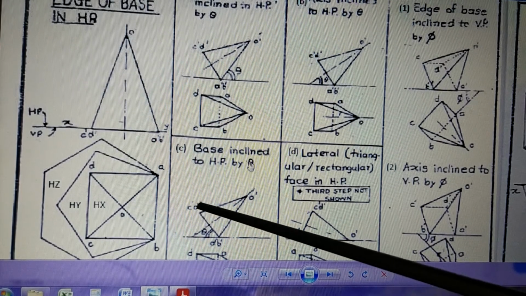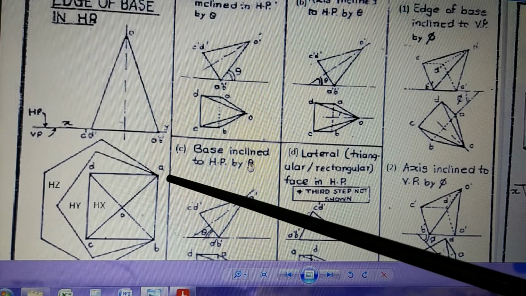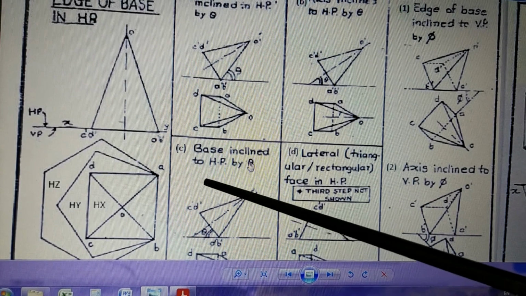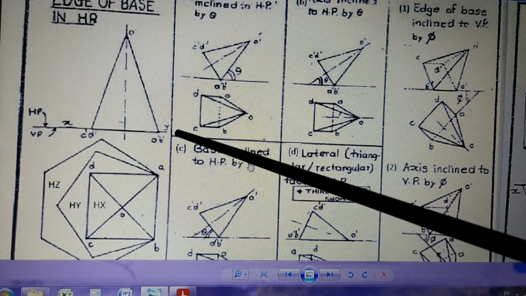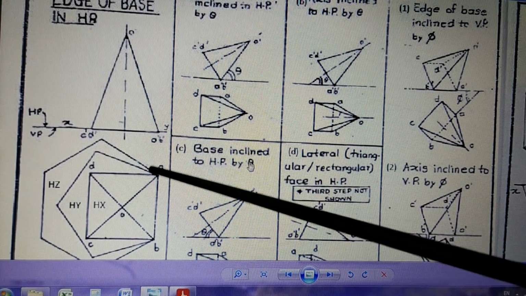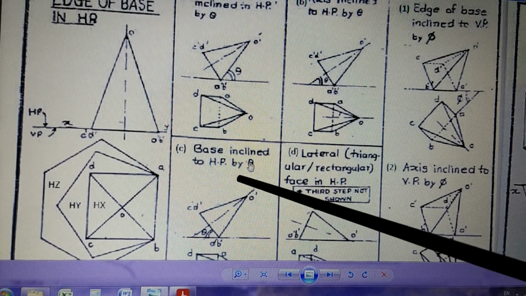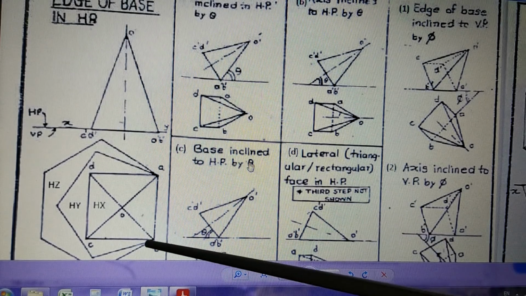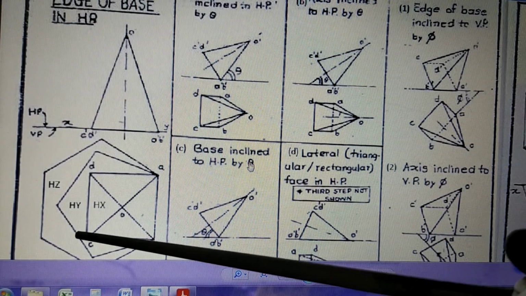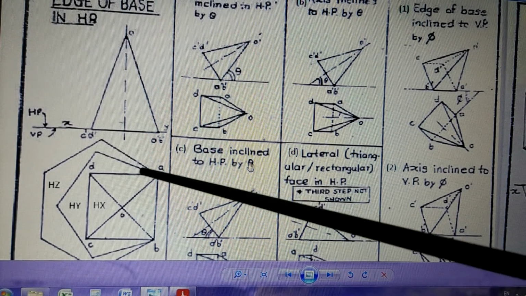So because of that, where you want to show this point A, you have to show it on a line like this, because this line means that point A is going to remain at this much distance from the XY line. So where do you draw point A? Somewhere on this line. Where do you draw point D? Somewhere on this line. Where do you show point B? Somewhere on this line. Where do you show point C? Somewhere on this line. So you draw such projector lines or construction lines.